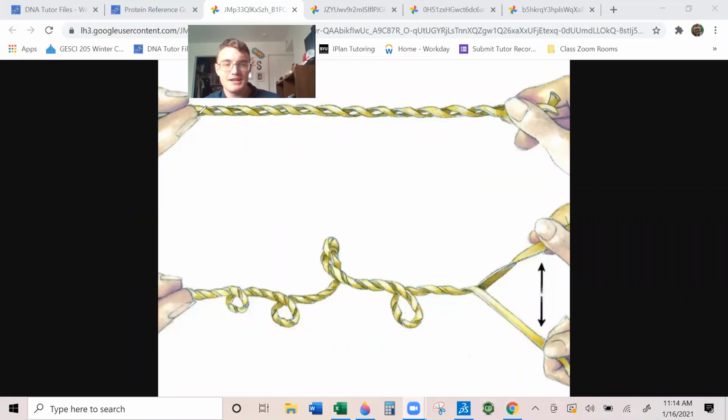So if you've ever taken a rubber band, here's a little experiment for you to try. If you take two rubber band pieces and you wrap them around each other like you see up here, so they're twisted around, they're coiled around each other. And then you have somebody hold one end together, and this works with ropes or anything. It's really interesting to try it out. So you coil two of them around each other, and you have somebody hold one end of the coil, and you have the other person take the other end and try to just pull them straight apart. So don't try to unwind it, just pull them apart,